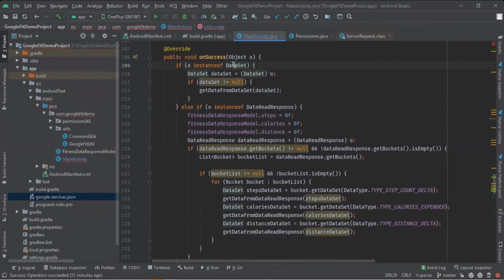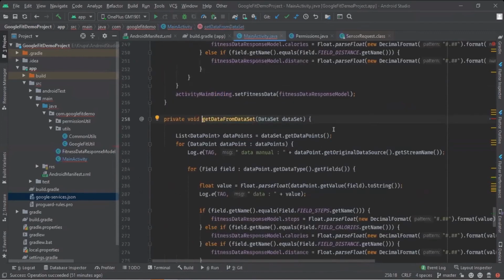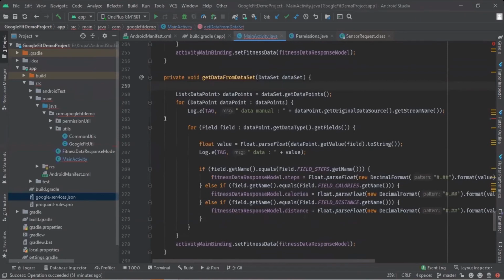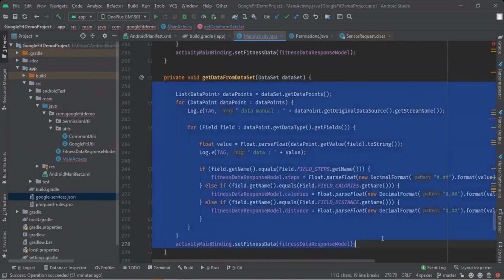If I'm getting the dataset object, then that means I got the day's data, and I'll have to fetch that data from the dataset, and I wrote code for fetching data.